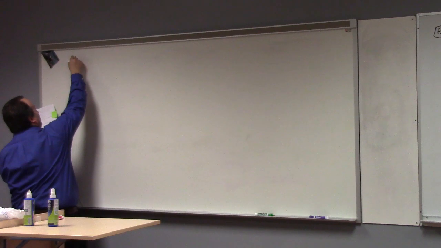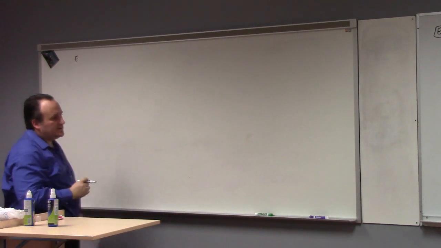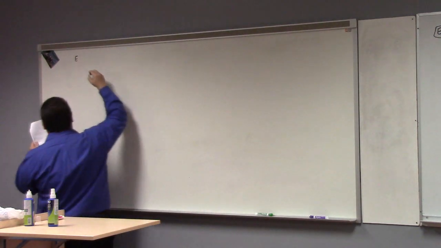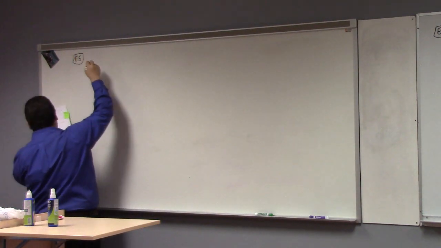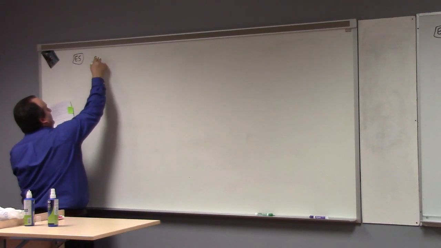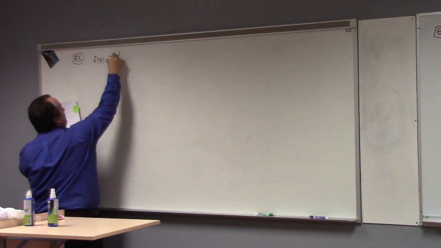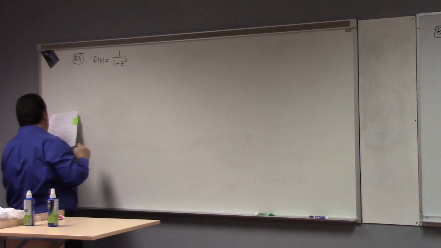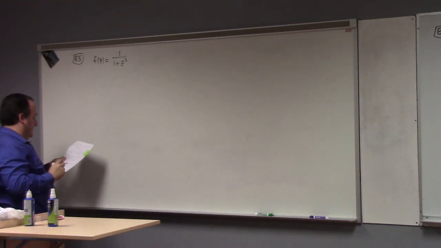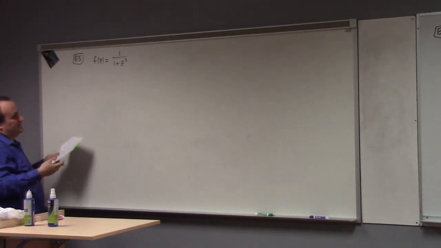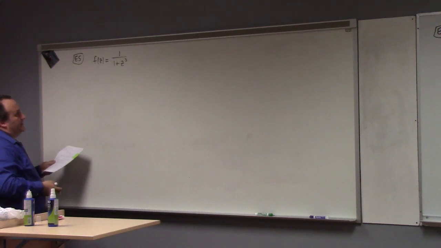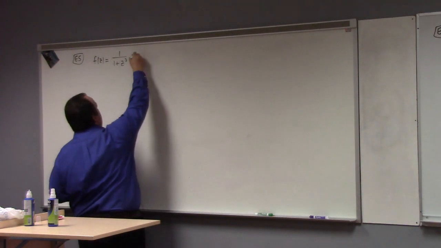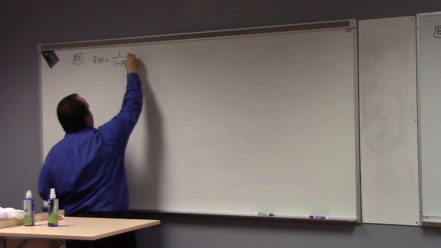What example am I on? Example 4? Example 5. Oh, wow. All right, so here we have f of z equals 1 over 1 plus z cubed. And then the question is this: is it analytic at infinity? So we'll consider, actually,